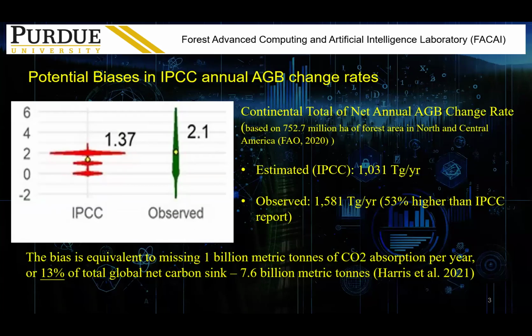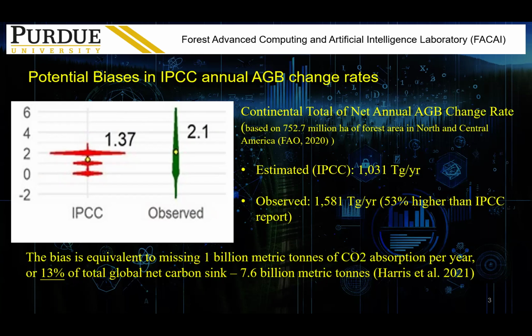So what are the consequences? If you just compare the population mean at the plot level, the IPCC per plot mean is about 1.73 ton per hectare per year. And then the observed number is higher than that, it's 2.1, although you can see the number is close enough. However, if you put that into the global context, if we convert the per hectare into totals based on those